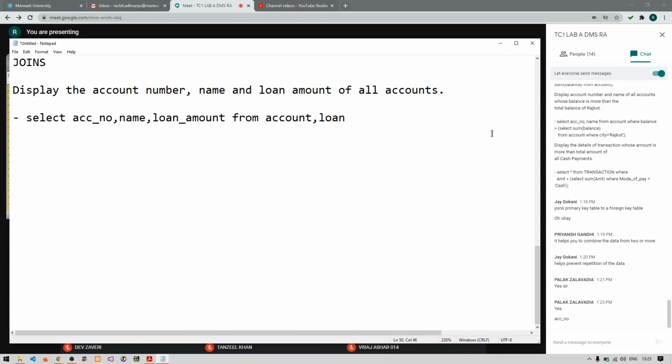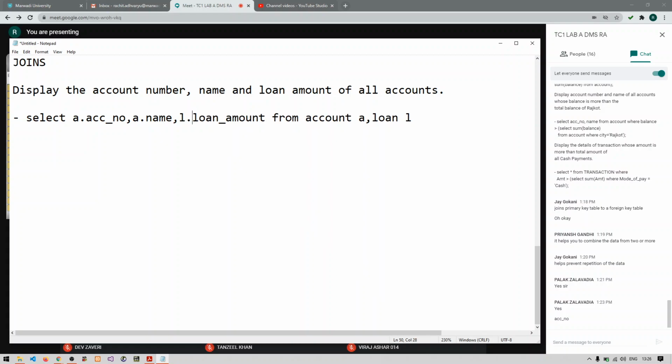Let's say the account table is represented by variable A and the loan table is represented by variable L. And I will use these variables to fetch the data from the tables. So I will clearly say a dot acc underscore no, comma a dot name, comma l dot loan underscore amount.